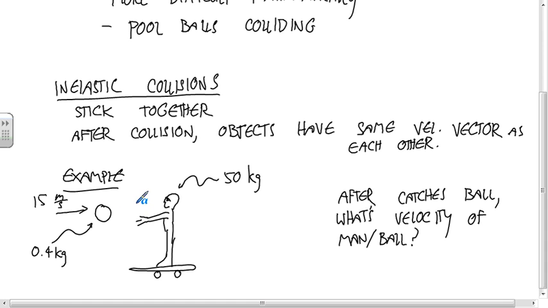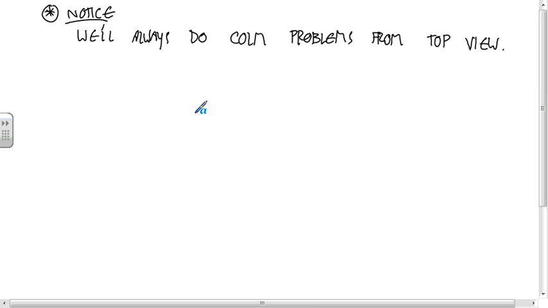And remember that conservation of linear momentum requires having no net force on the object in the coordinate system you're dealing with. So we want to use a top view because horizontally, there aren't any net forces acting on the system. Okay, gravity's acting out of the plane of the coordinate system. The normal force is acting out of the plane. So to us, then the problem looks like this. So the ball's coming in this way. The person's standing here.